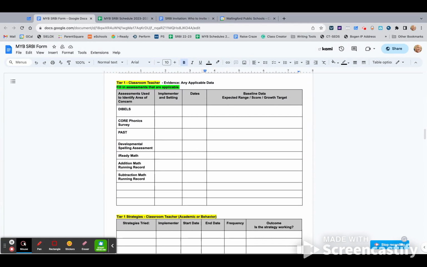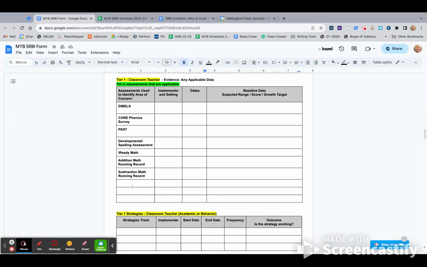Next up, any data that is present or assessments. Notice this is broken down first into classroom teacher. It's parsed out, teacher versus interventionist, to highlight those separate data sets. The teacher will put all the assessment data here with some room to add any teacher-created assessments or things that